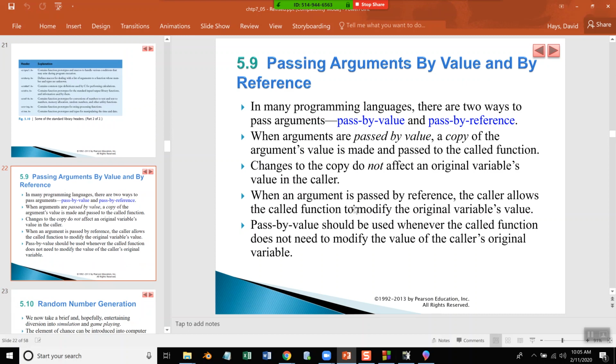Passing arguments by value, by reference. This becomes important with the question: do you want to change the value in its storage location, or do you want to change a copy of it? The principle here, by value and by reference,